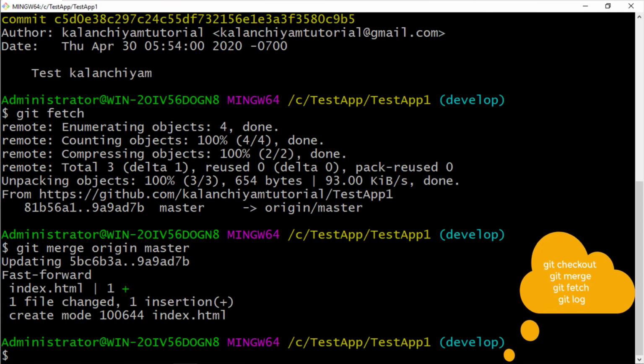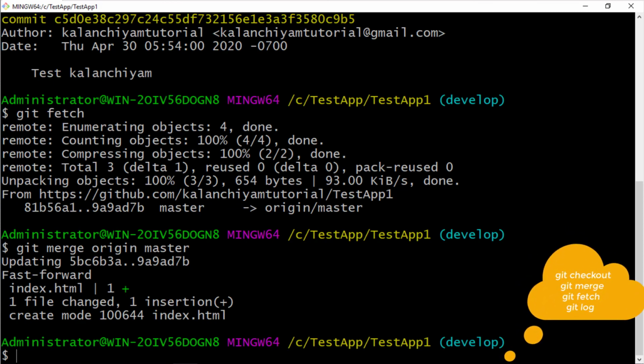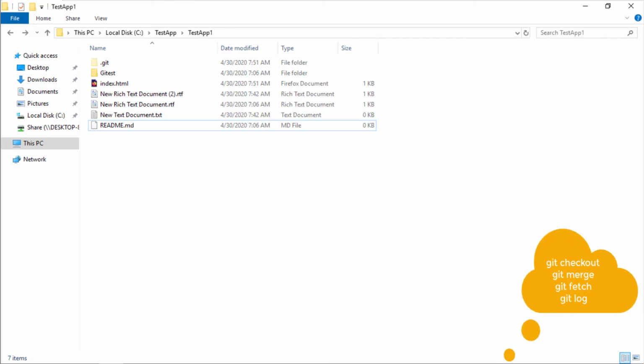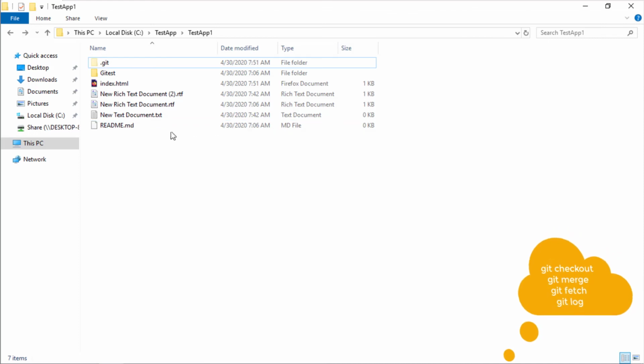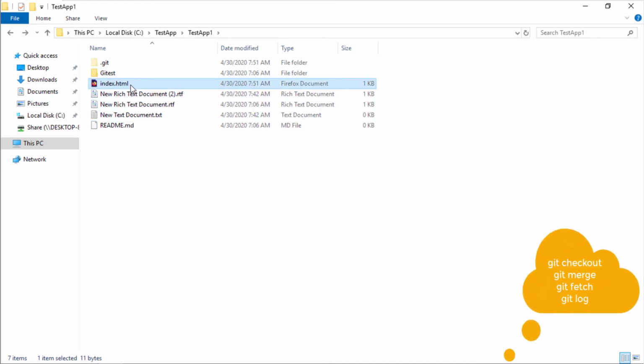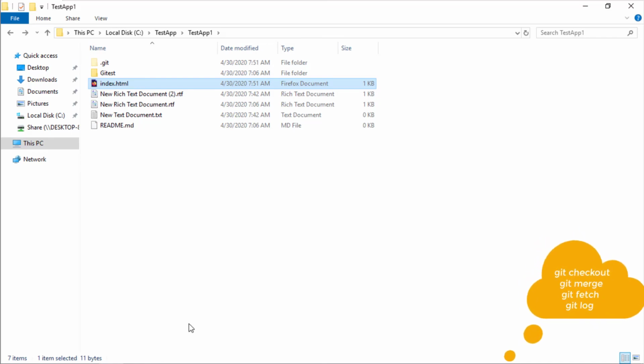See, one file changed, one insertion, because the change is the index.html we added. Now it will come to our local branch. Go and check, now you have the index.html in your local. This way merge will work.